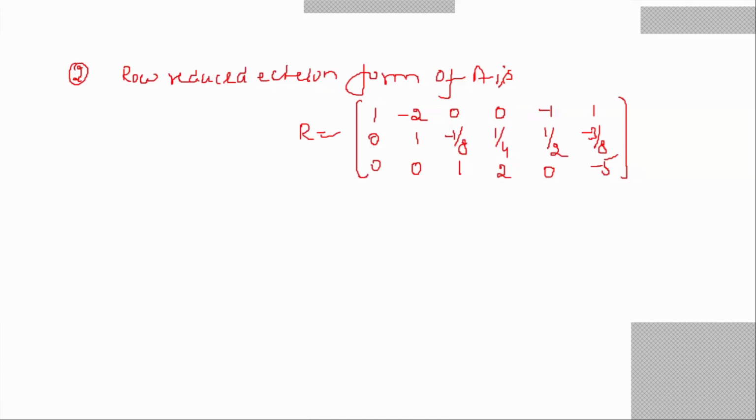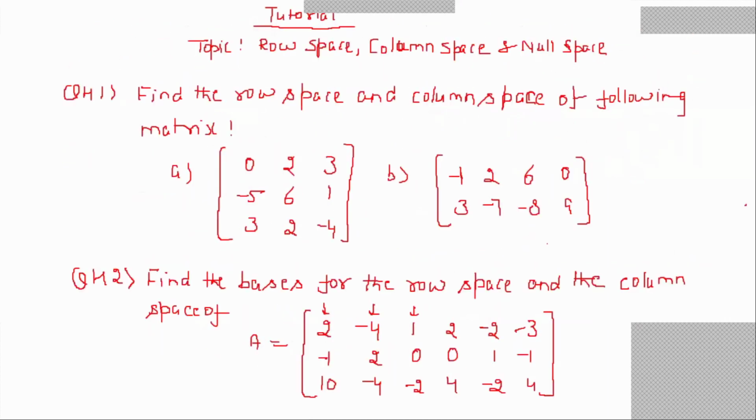Okay, so corresponding vectors in matrix A are these first three columns: 2, minus 1, 1, 0, first column vector; second vector minus 4, 2, minus 4; third column vector 1, 0, minus 2. So these three vectors will constitute the basis for the column space of this A matrix.